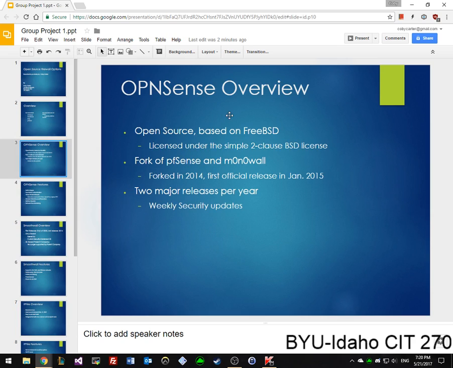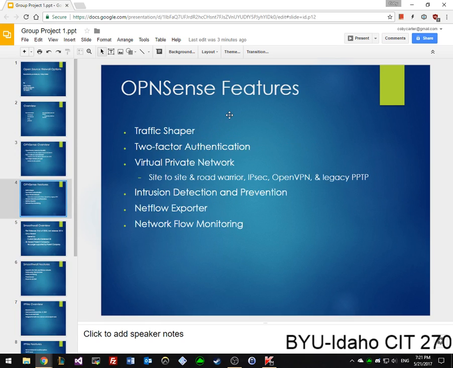So just kind of an overview of each one. OPNSense, the overview is basically it's open source and it's based off of FreeBSD, and it's basically like a fork off of pfSense and MonoWall, roughly in the idea that the source code is basically the same. There are just differences in each one. And they have 2 major releases per year, which is really great. It helps you keep the security updates going, and it also helps you maintain the most updated definitions and stuff like that. So that's pretty cool. It features a traffic shaper, 2-factor authentication, VPN stuff, intrusion detection and prevention, NetFlow exporter, and